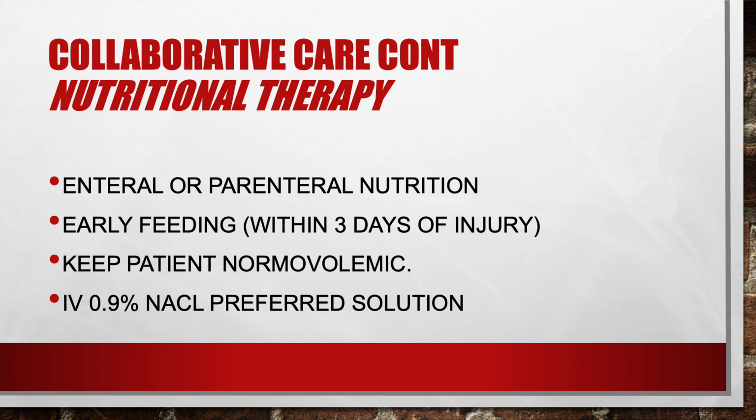Okay? And we want to keep the patient at a normal volemic fluid state. So that's why we want to do like strict I's and O's and measure that serum osmolality and even their electrolytes. Okay? And the preferred solution is that normal saline, just to prevent that osmolar shift. Of course, if they go into those complications like the SIADH and DI, we're not going to do that. We're probably going to give them like a hypertonic. Okay?